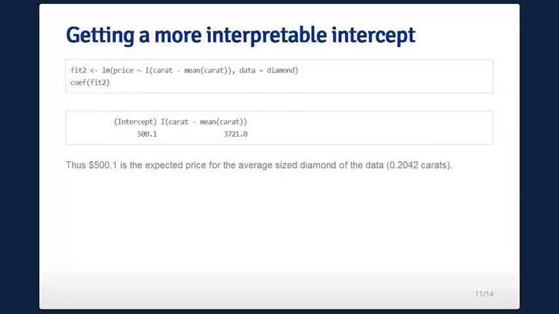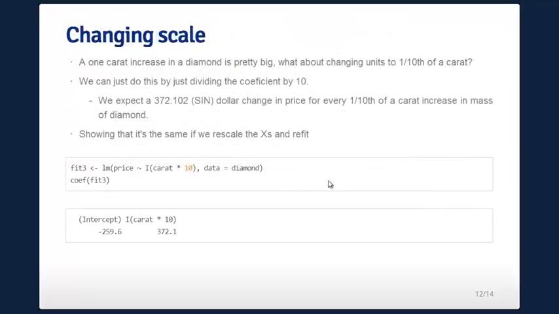So what we could do, of course, is subtract this. This I function here just means do this operation in the linear model. It means, I guess, execute the operation. So I carat minus mean carat just centers the data. So now the intercept has a little bit more meaning, and if we get the fit, I assign this to fit2, now coef of fit2 is 500. $501 in Singapore dollars is the expected price for the average size diamond in the data, which is 0.2 carats. Okay, so now we've created a meaningful